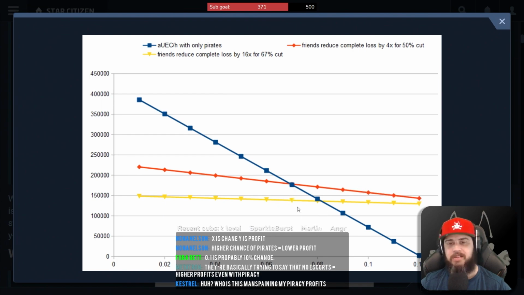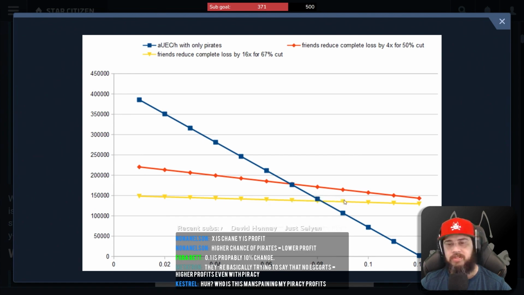So there's a point. It starts making sense using turret gunners and escorts. So once you got over 8% saturation of pirates, you start needing more people. So at 7%, you're making the same profit margin if you had nobody there. But if you're at 8% and you had one person there, your profit margin, technically, while still lower, you're not going to be anywhere near as bad off as if you had no turret gunner or escort, or if you had 2 turret gunners or 2 escorts, right? So that's the yellow line represented there.